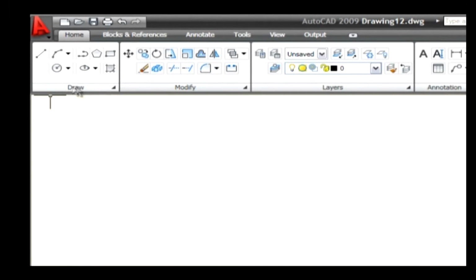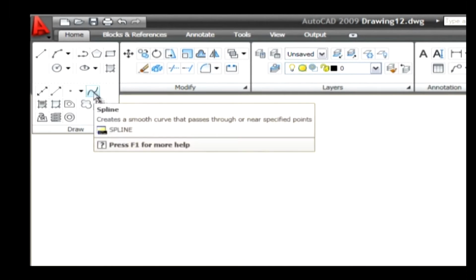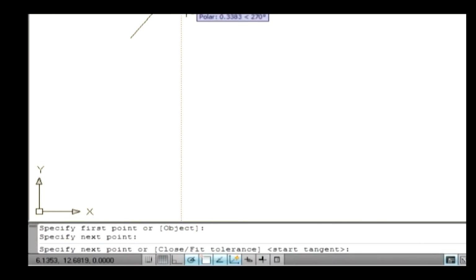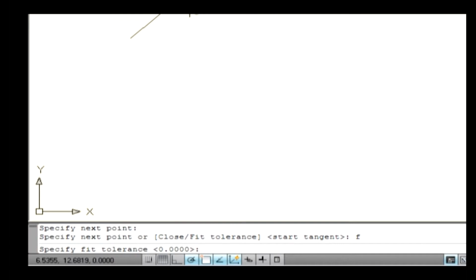Go to the Draw menu and select Spline command. Now the command line asks you to specify a first point. Specify a first point on the drawing area. Then specify the next point on the drawing area to create more curved sketch. Now type F on the command line and press Enter to specify a fit tolerance, whereas fit tolerance determines how